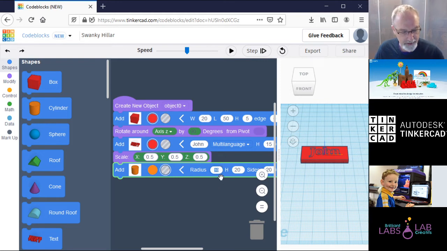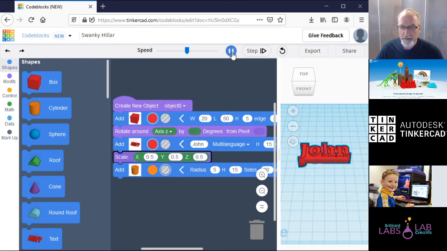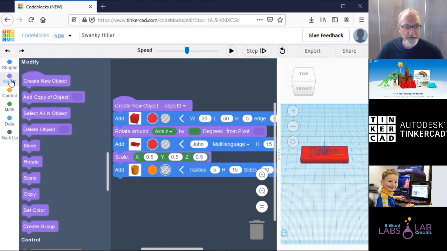Height of, I'm going to make the height 15. Sorry, the radius was a radius of 5. I'm going to make the height 15. We press our code block. There's my cylinder. Now it's not in the right place, so I need to move it or modify it